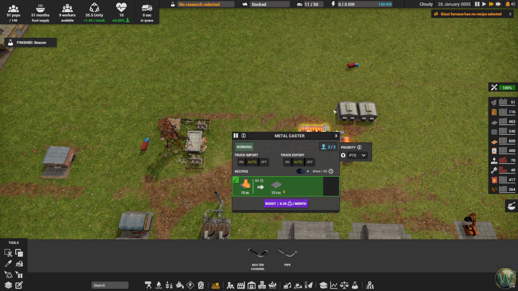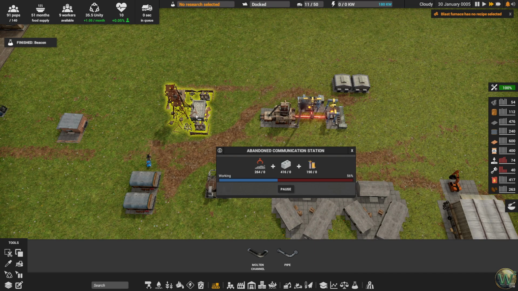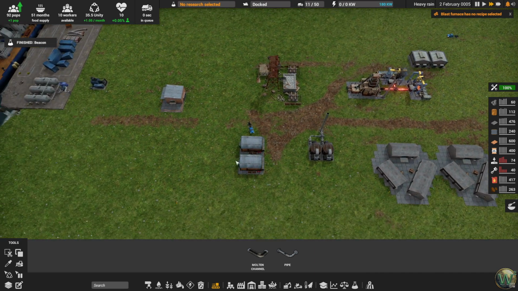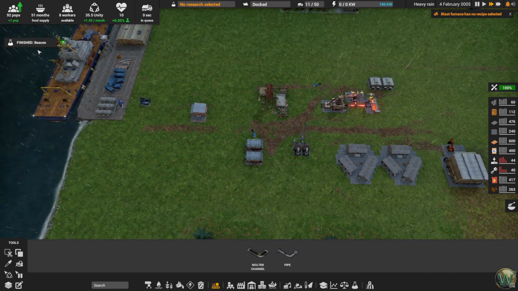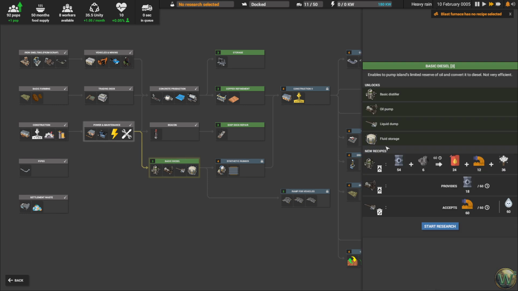And these are nearly... No, they're not nearly backed up. They're just starting to back up now. But we still have 264 left to go. So that's not nothing. The beacon got finished. Let's open the research up, and we'll go ahead and do this basic diesel, which I'm assuming takes